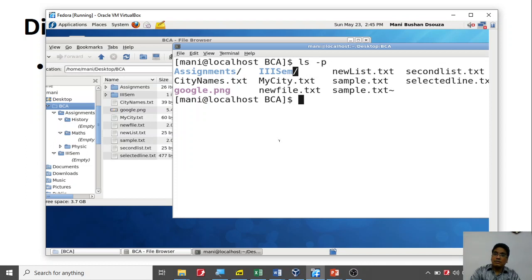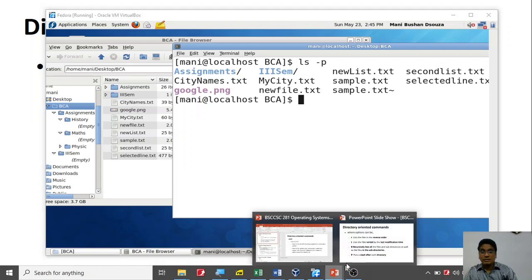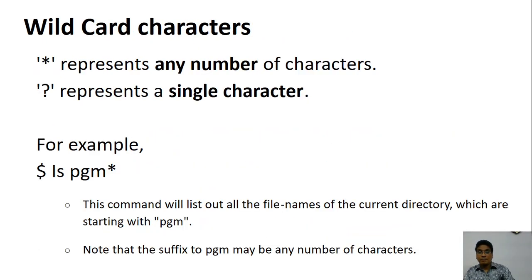Now in this particular console it is much easier to recognize because it uses a different color, and slightly makes it bold so that you can easily see them. But in some terminals it is very difficult to distinguish between a file and a folder on a console like this. In that case you can use minus p so that it shows you whether it is a file or a folder. Okay, let's look at wildcard characters.